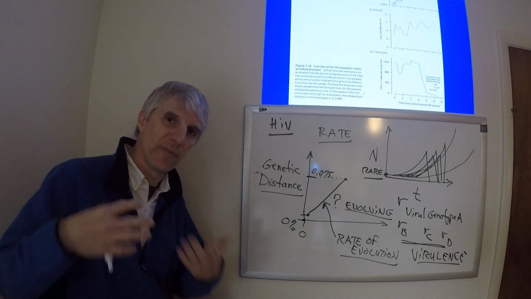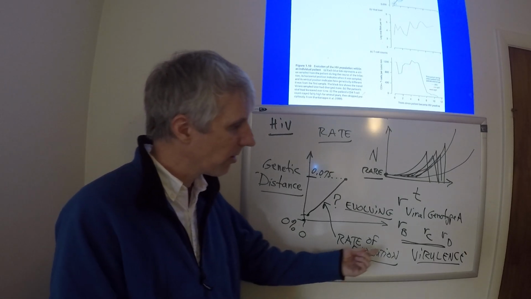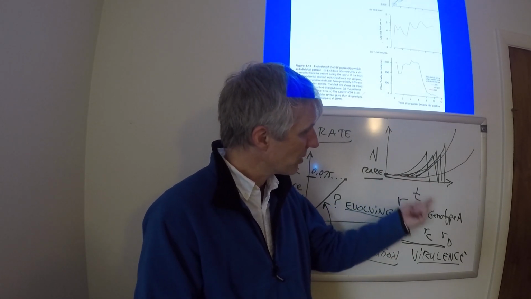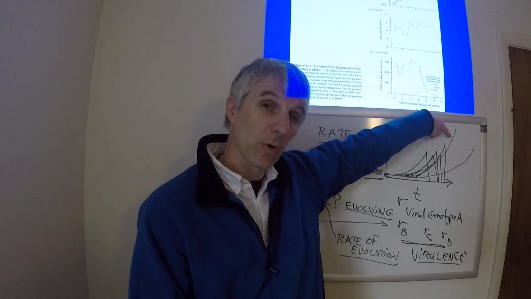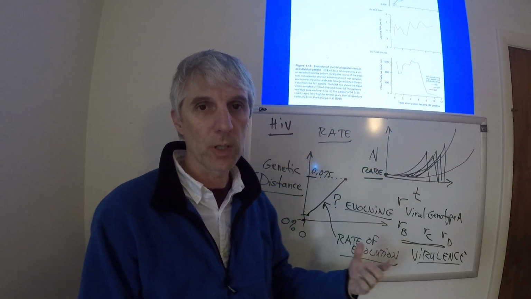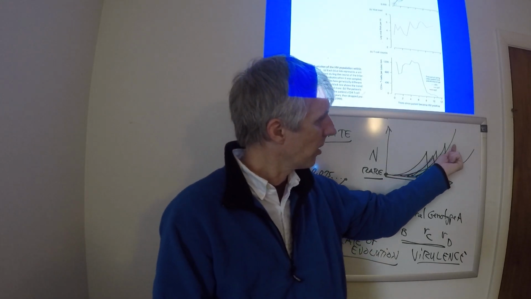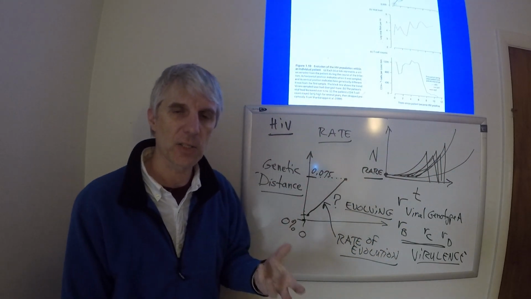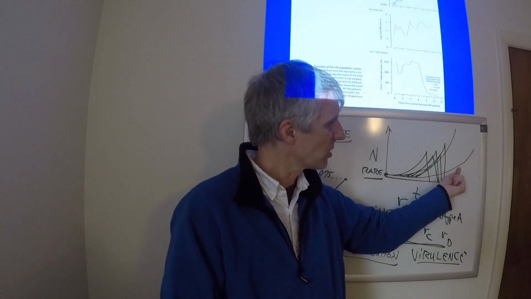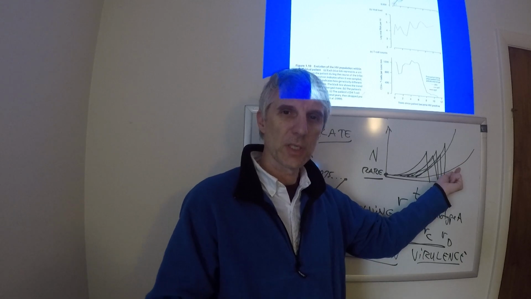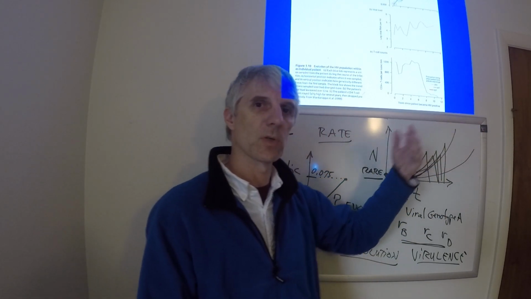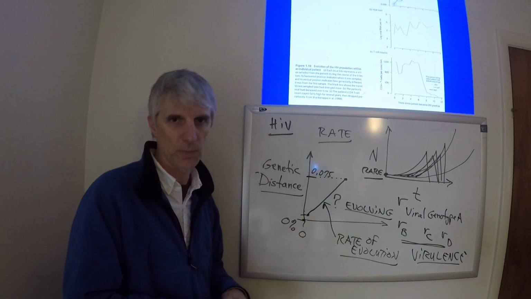How lethal is it, how virulent is it? The virulence is how likely it is to kill the host. Virus genotypes that have a fast growth rate are more virulent than viruses that have a slower growth rate. If the virus grows fast enough, it can grow faster than the immune system can catch up with it. And if it has a slow growth rate, it gives a chance for the immune system to catch up with it before it ever gets to numbers where we're causing these severe problems.